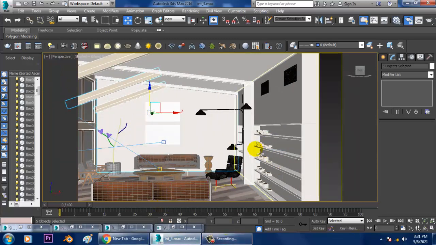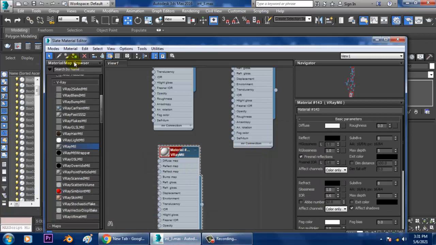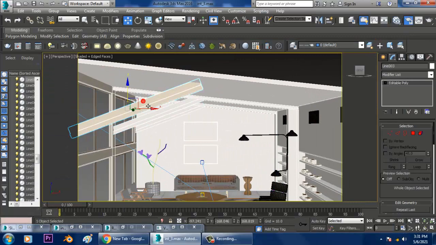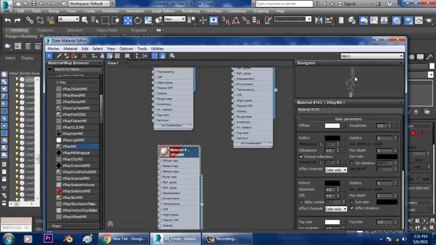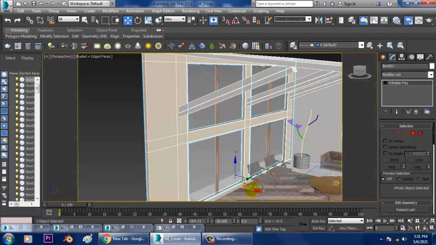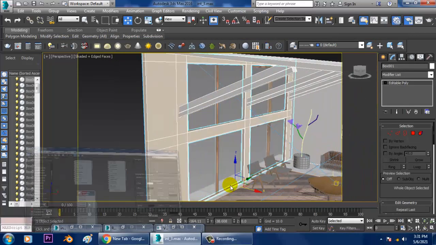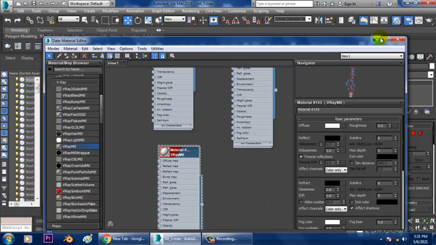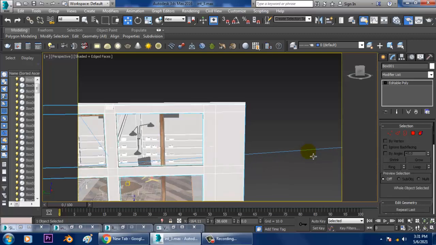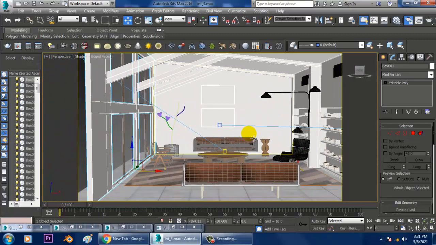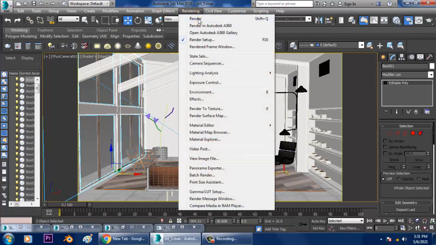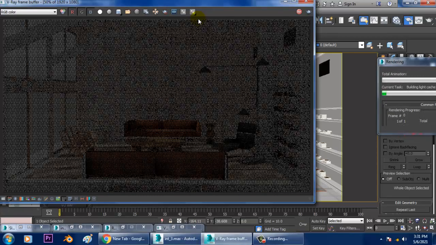So let's just assign a white color over here. Let's assign the same color for all over here. So you can again just come back and let's render and see how it looks like.